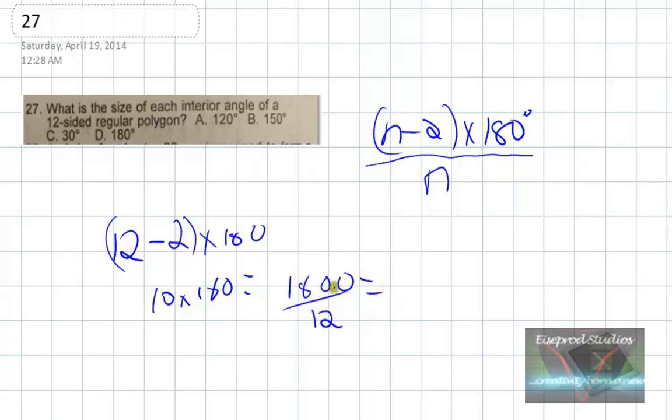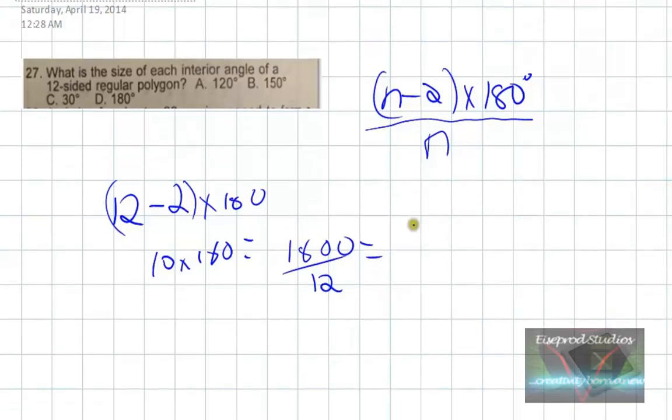And so when I do this step, this is the same thing as what I wrote over here. I'm dividing by n to figure out what each angle is. 1,800 divided by 12 is going to be 150. But if that doesn't come naturally to your mind, you can always try out a few of these options, or just look at them and think what sounds reasonable. I don't think 12 times 30 would give me 1,800 very quickly, and we just saw that 10 times 180 would give us 1,800. So